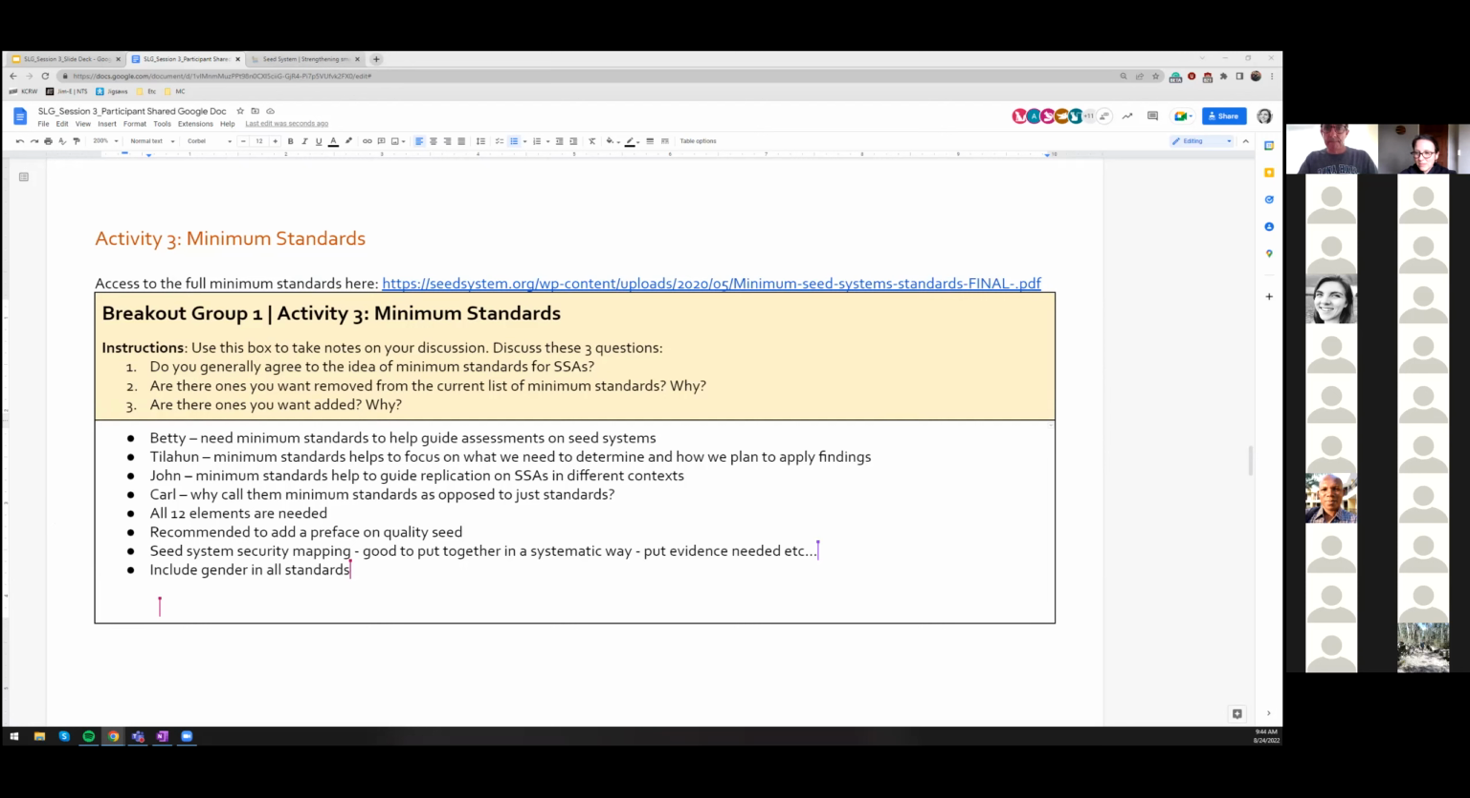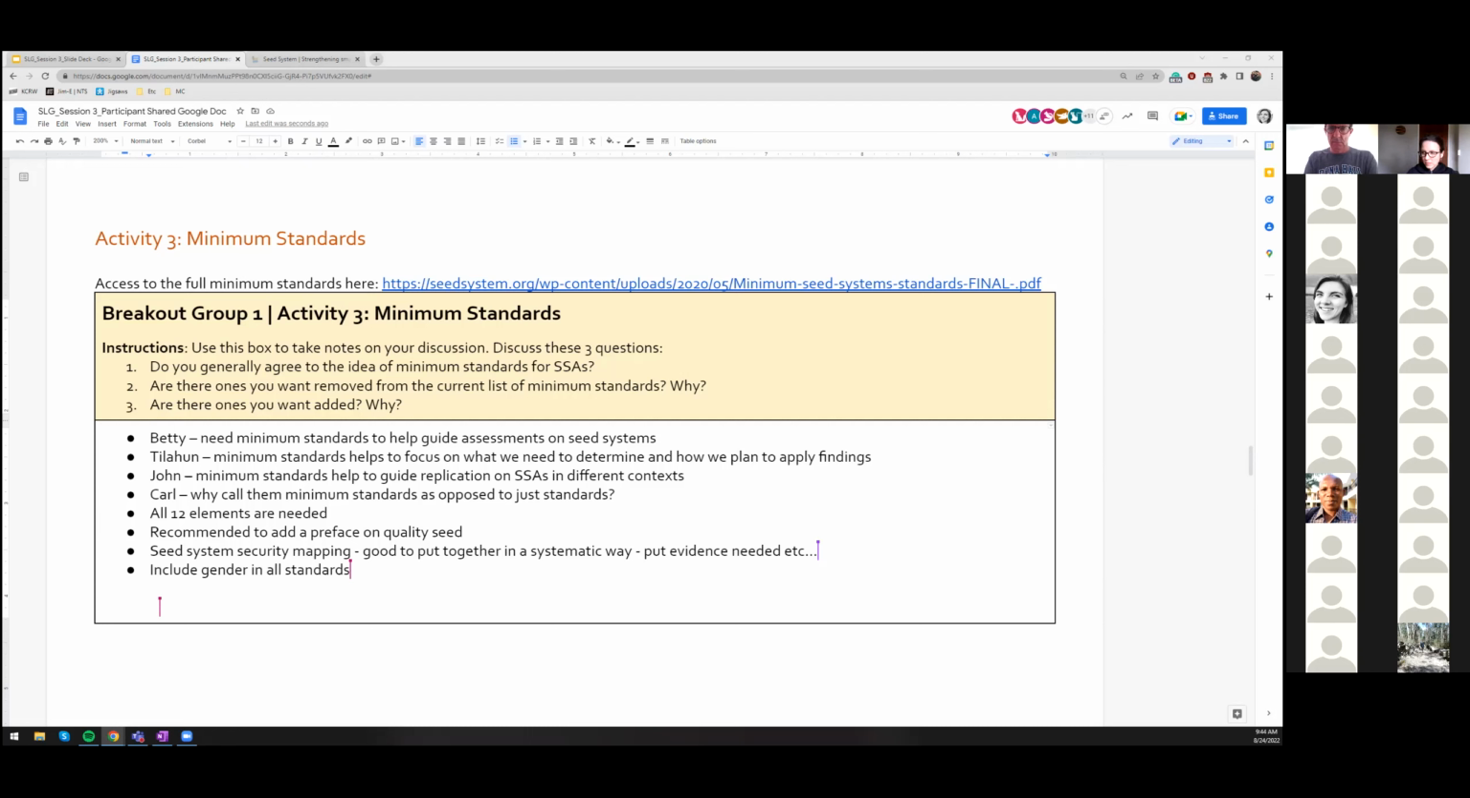So the comment I was doing is seed security mapping. I think that in most of the assessments in previous years, we have found it very useful once the assessment has been done in a specific geographic area. We have identified the different points and areas where seed is available, the seed quality, and also the different channels that a farmer uses to source their